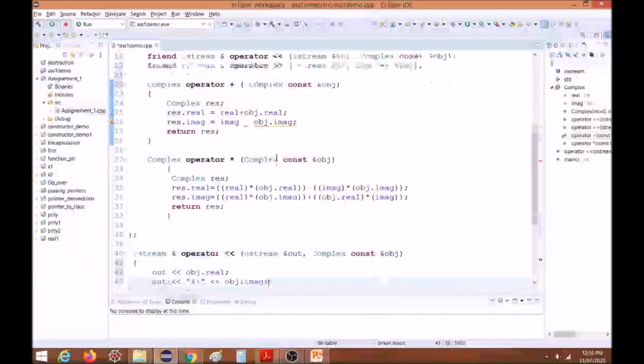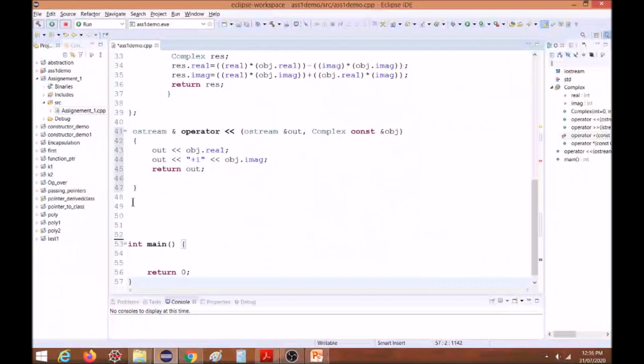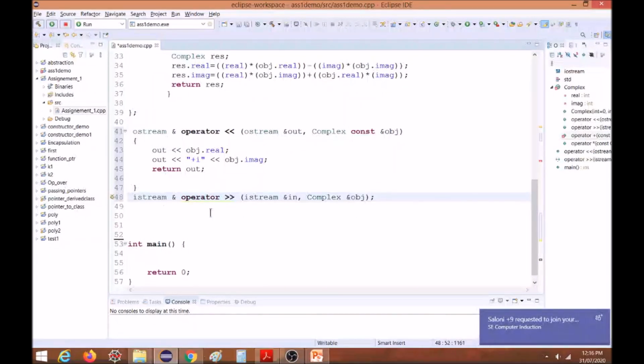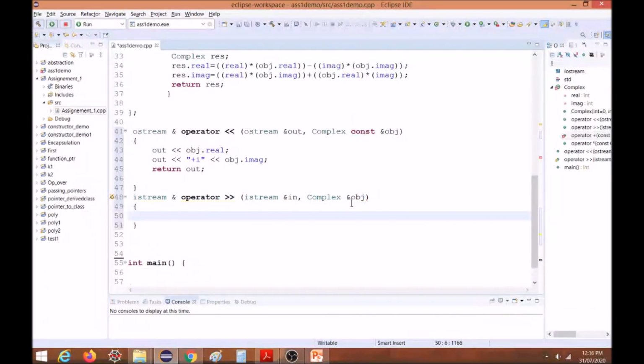So now what is pending? Writing of the second function, which is the iStream function. So I will write the content of this function. Here we have to say enter real part.